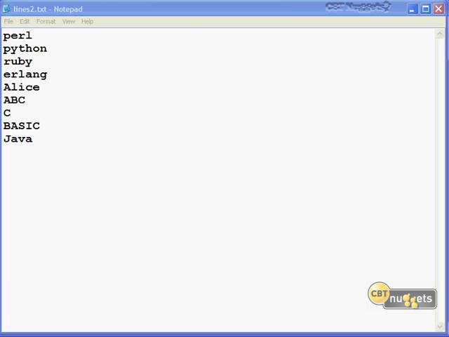But wait, there's more. It seems like every time we finish learning something, there's just so much more around the bend that needs to be gone over. I want to show you how to conserve memory by bringing back lines and files as iterators rather than just packing the whole file contents into a single string object. I told you that can be done, and it can. What you're seeing here is a simple text file called lines2 that contains 8 or 9 different items. They're obviously programming language names.